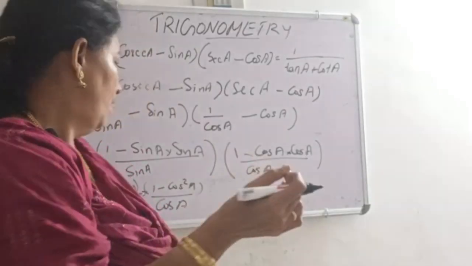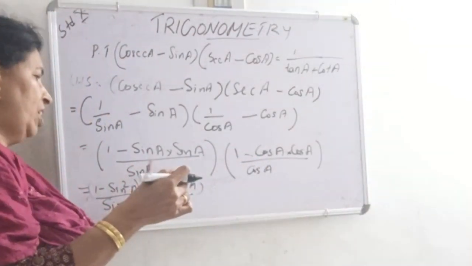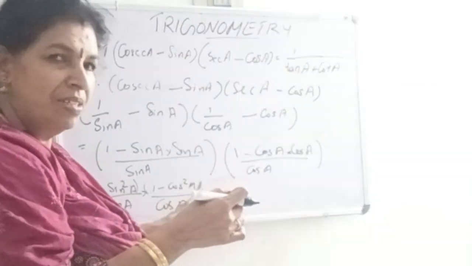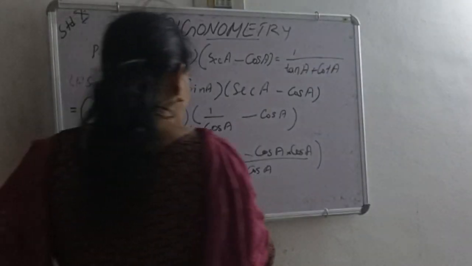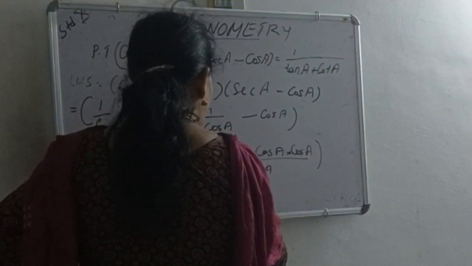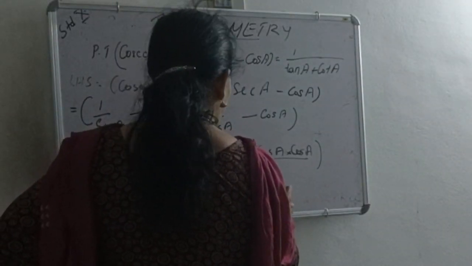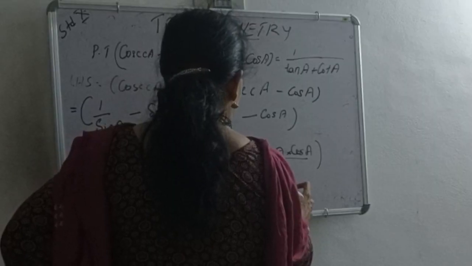From that, 1 minus sin square A is cos square A and 1 minus cos square A is sin square A. So we write cos square A into sin square A by